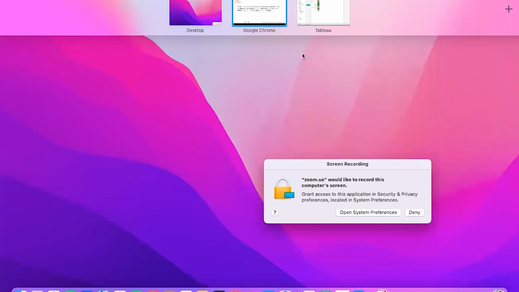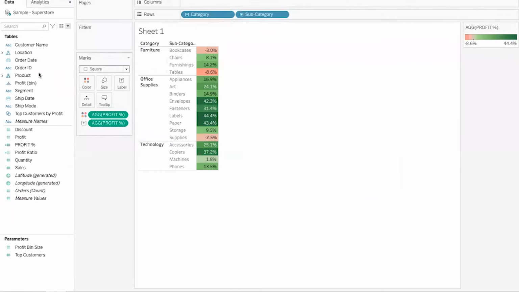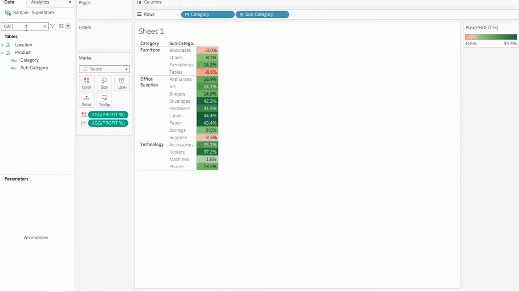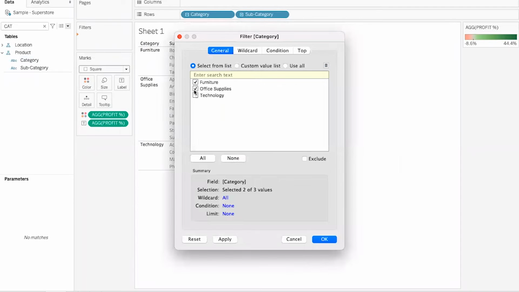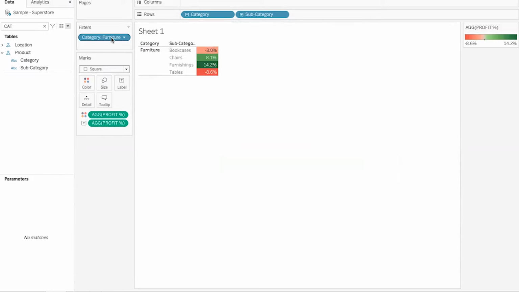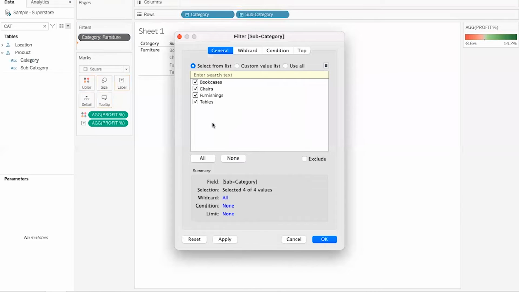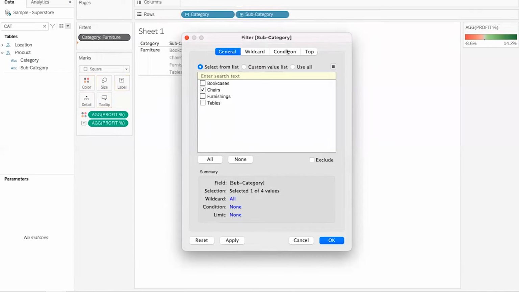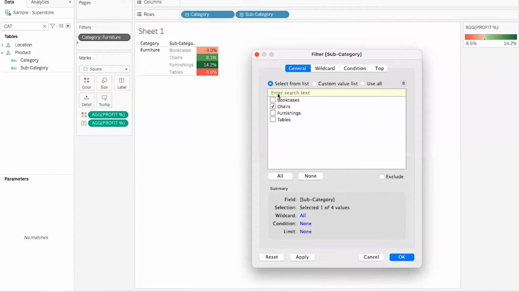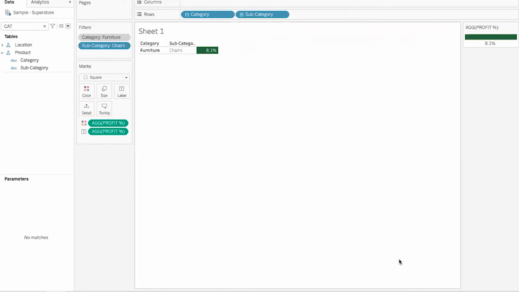And how can you apply the context filter? Suppose you want to fix this view with a context filter as furniture only. So we simply selected furniture over here. We clicked furniture, and we can simply click this one and add to context. Suppose we applied another filter also on top of it, and you selected, suppose, chairs. So you can see over here whatever fields are there inside that subcategory, they are only reflecting over here because of this context filter, and it's filtering accordingly.